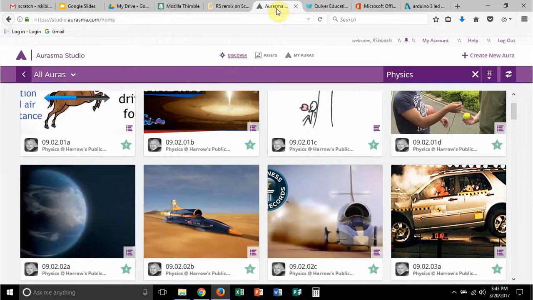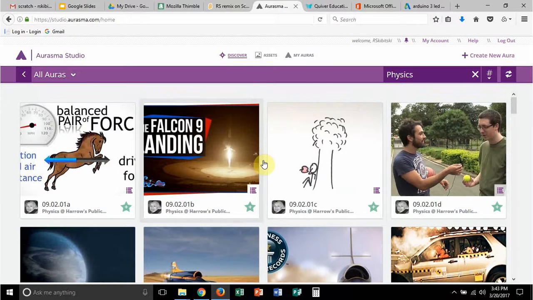Another augmented reality application is Aurasma. Now, Aurasma Studios is a free download. It is a free login. And what it does is allow the teacher to create your own 4D augmented reality experience. You take a picture, you scan it like a QR code with your smartphone, and a video pops up or some other kind of extra dimensional interaction occurs. This is really, really great. A really, really great example